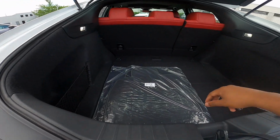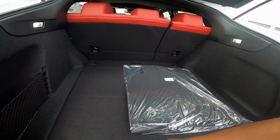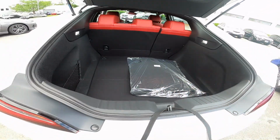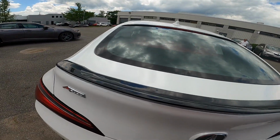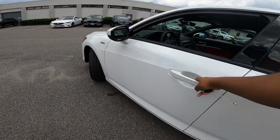Opening the tailgate, you have 24.8 cubic feet of space. Nice LED illumination right there on the sides. Some more storage with a fix-a-flat kit. I do like the cargo cover to hide your stuff. Let me show you guys under the hood,